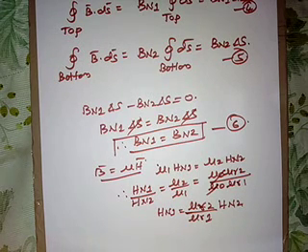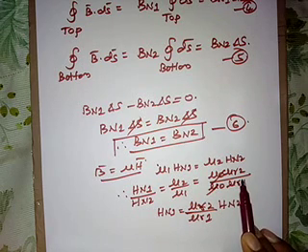So this equation indicates that H bar is not continuous at the boundary. Bn1 is equal to Bn2, that means it is continuously passing from medium 1 to medium 2, so it is said to be continuous. But as Hn1 is mu r2 by mu r1 times Hn2, the normal component of H bar is not continuous at the boundary. And the field intensities are inversely proportional to their relative permeabilities. Hn1 is inversely proportional to mu r1, Hn2 is inversely proportional to mu r2.